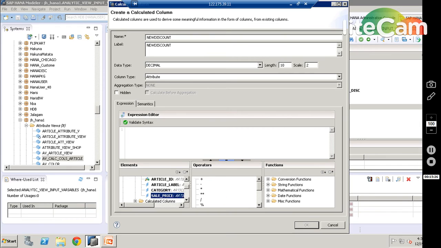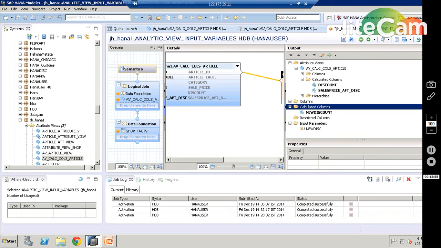So sales price I can bring here. Now how do you calculate? I can multiply this sales price with the new discount variable. This new discount variable is going to bring the information of that particular variable, so this is what I have to pass the value for. Just click on OK.